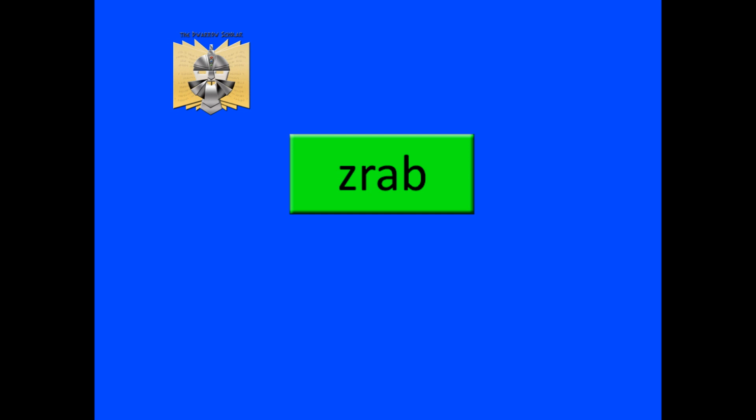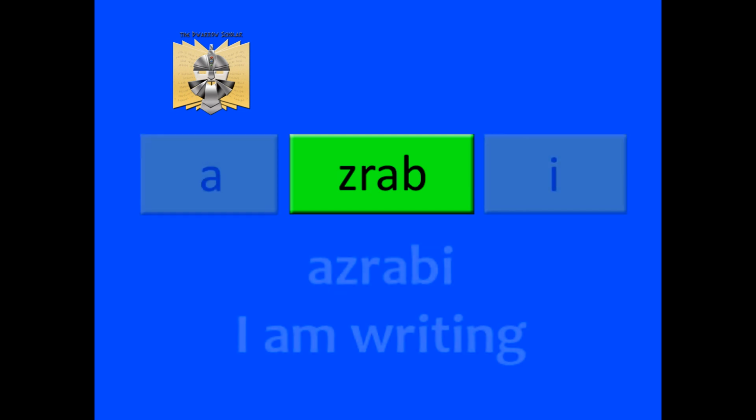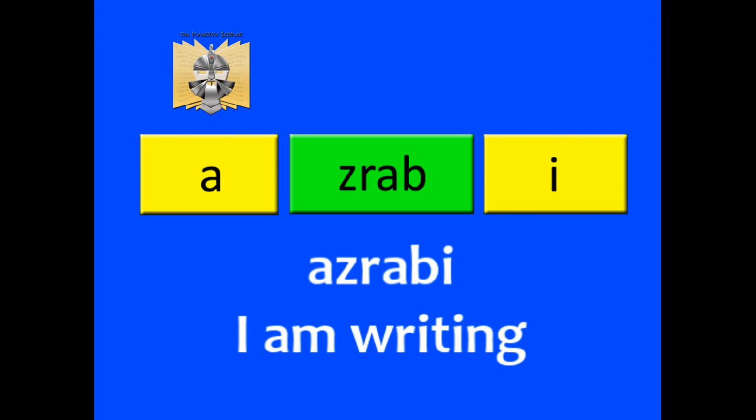So in our first room, I, myself, am writing, and I want to talk about the fact that I myself am writing. So how do I form the first person singular form? Well, we've already established that our base is zrab, so Z-R-A-B, for the imperfect. Unlike the perfect tense, we will not only add something at the end of the base, but also something at the start of that base. In this case, we add a as a prefix, so at the start, and i as a suffix, so at the end, giving us azrabi, meaning I am writing, or I write in our example here.